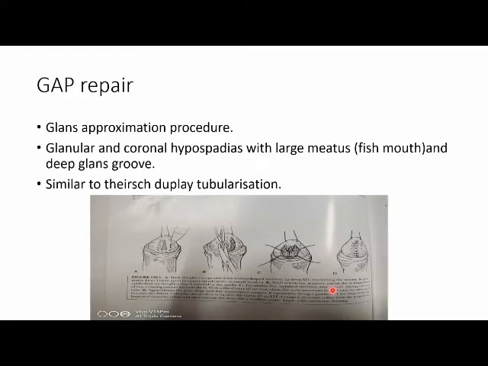Coming to GAP repair, it is called the glans approximation procedure. It is ideal for glandular and coronal hypospadias with a large meatus, especially a fish mouth meatus, and patients having a deep glans groove. And it is almost similar to Thiersch-Duplay tubularization. Here, as you can see in the picture,